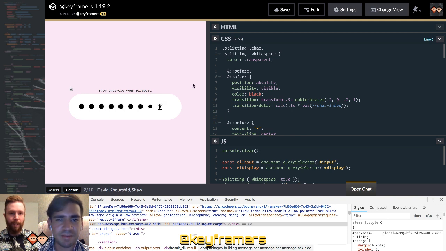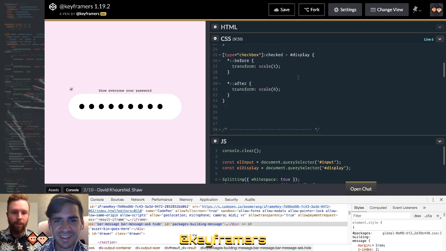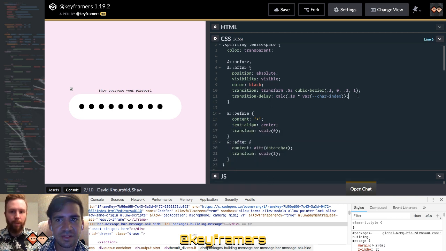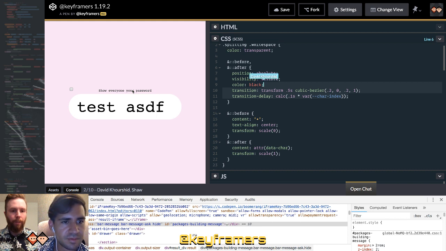And that took us no time. And the main effect code is actually very straightforward. It's just a simple stagger, and utilizing those pseudo elements for some extra fun.